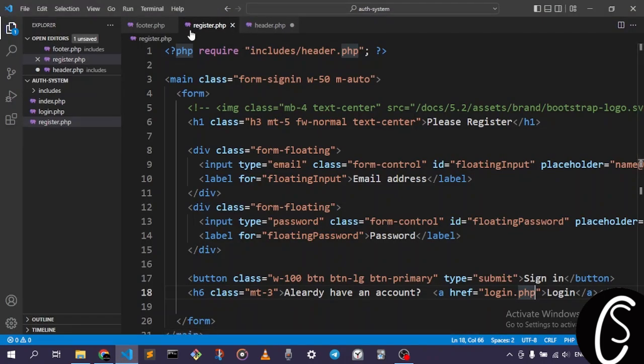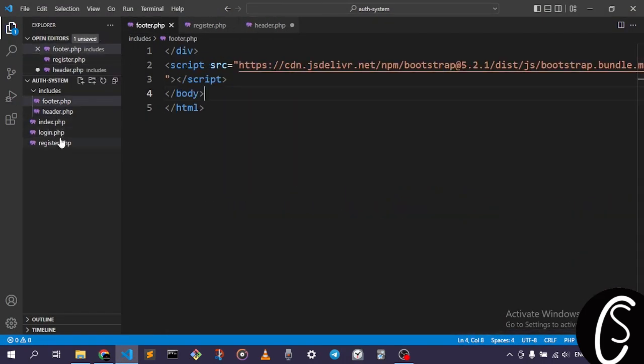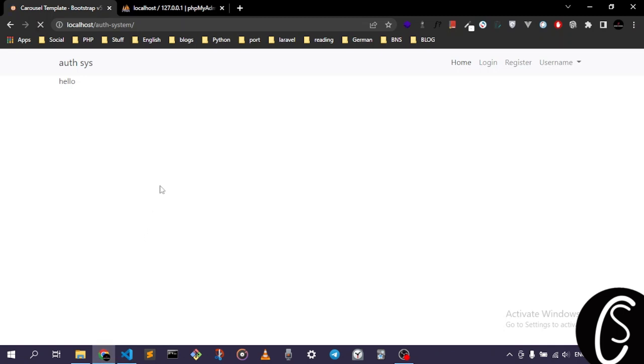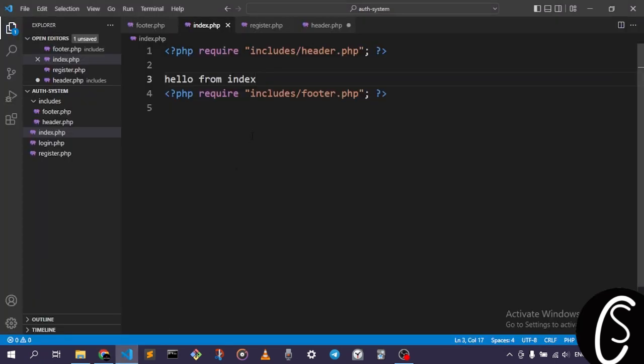That's all we have for now, right? We have it right here, hello from index, and if we refresh this, you can see that it says hello from index. So basically everything is working, everything is great, the design looks fine. Okay, nothing is